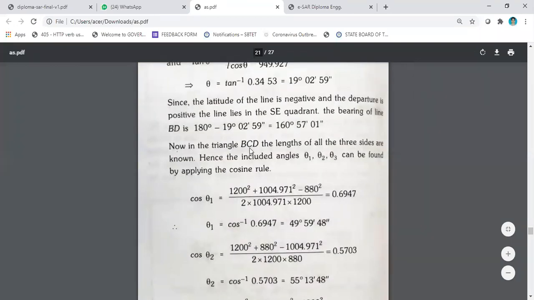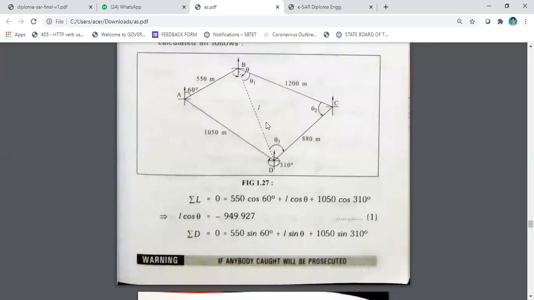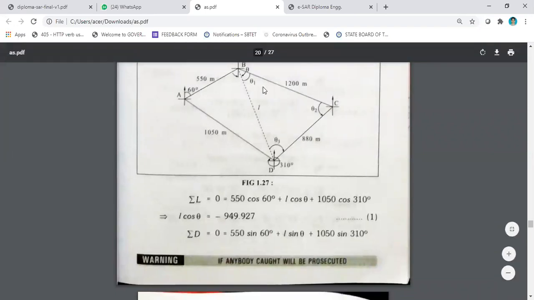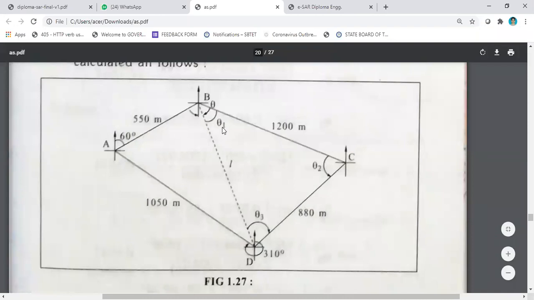Now in the triangle BCD, the lengths of three sides are known. Hence, the included angles theta 1, theta 2, theta 3 can be found by applying the cosine rule. What is the cosine rule? If anybody remembers, let us consider theta 1. Cos theta 1 is equal to the two adjacent sides, that means BC square plus BD square minus